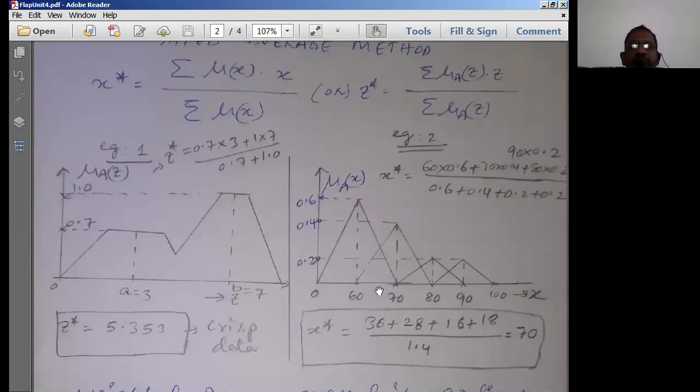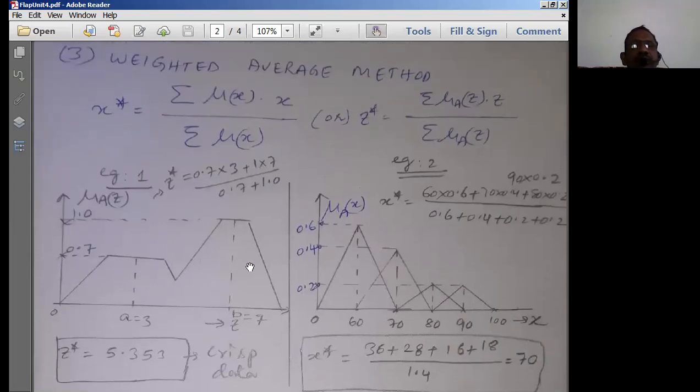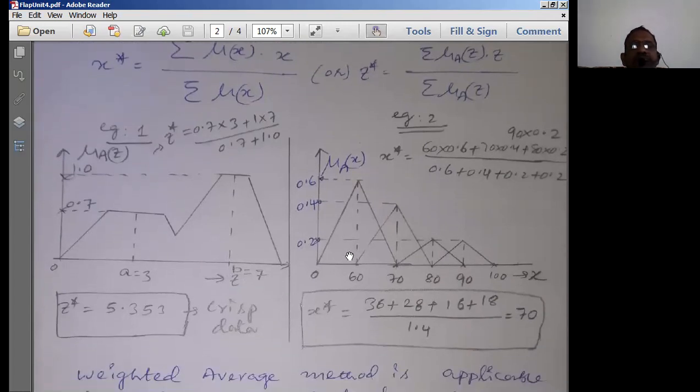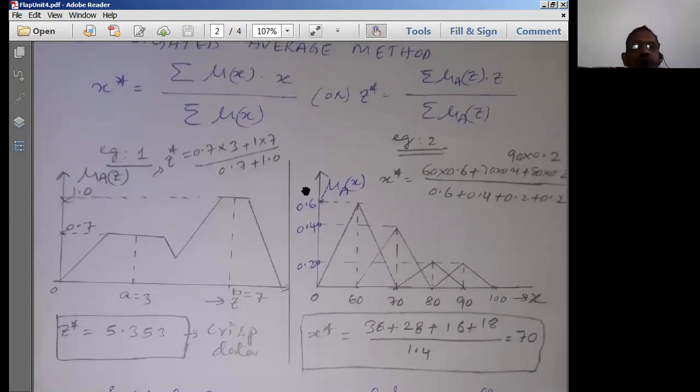So in the exam you can represent either method, nothing wrong in that. Right. So let us suppose in this particular graph, I have represented the variable with Z. Okay. Now, what is the formula that I have now? Sigma of mu of x into x by sigma of mu of x. Okay. Now, how many fuzzy sets are involved in this? There are two fuzzy sets.